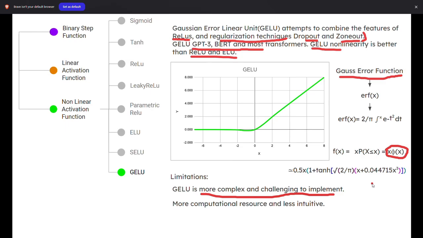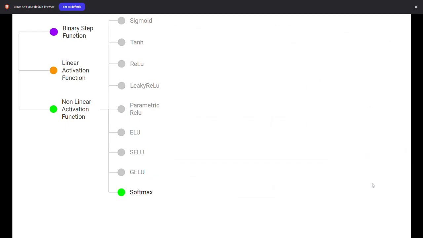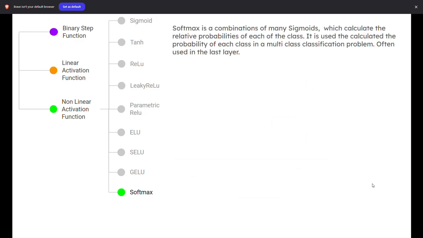So after Gaussian, then there's another one: softmax. Softmax is very popular. In many classification tasks we use softmax. You can consider it a combination of many sigmoids. It is mainly used in multi-class problems, where you have multiple classes, like apple. If you want to classify between fruits, apple, mango, orange, maybe banana, such kind of classification